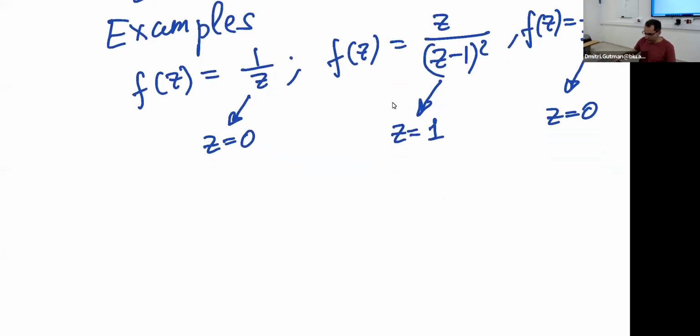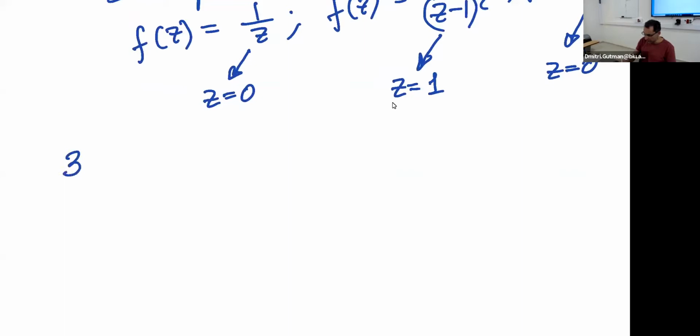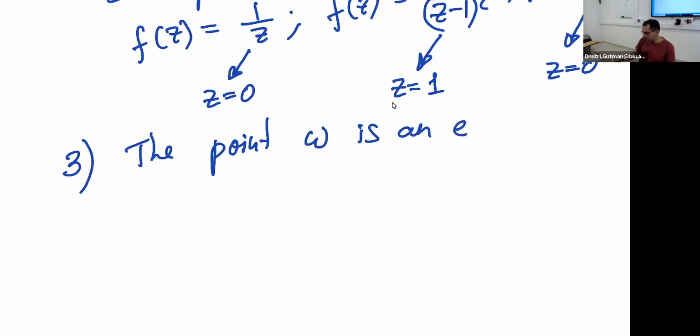Okay. And finally, there is the last type of isolated singularity, and it's called essential singularity. So what is an essential singularity? As you can guess, the point W is a point of essential singularity if there is no limit at this point. So the point W is an essential singularity